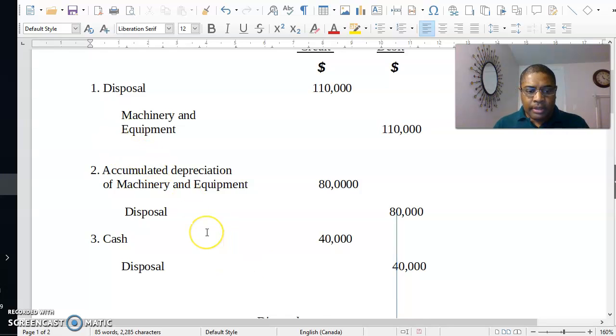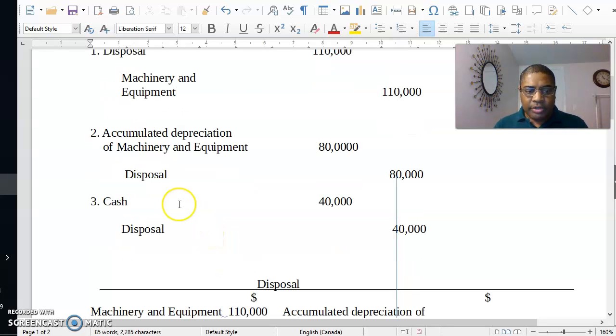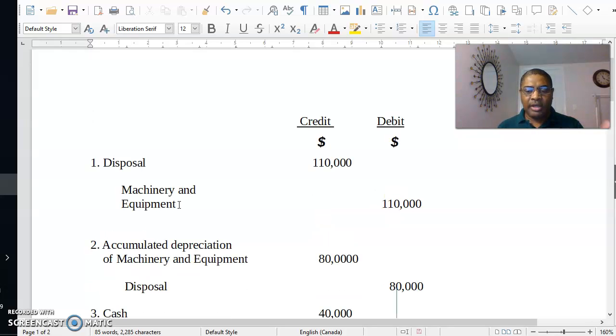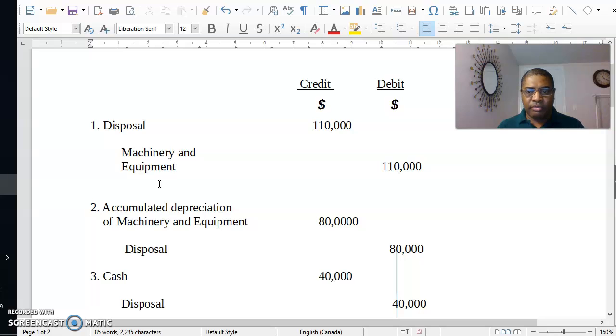Okay, and then the third item is that you're booking the disposal proceeds. So you're debiting cash and crediting the disposal account. Now I know this you may not be used to, this is just a simplistic illustration. You might use another method, but I'm using a simple journal entry so that you can understand the movement of the entries. Okay,